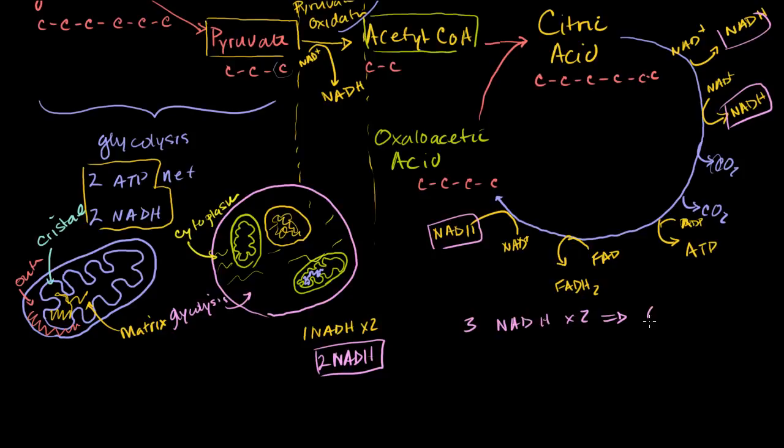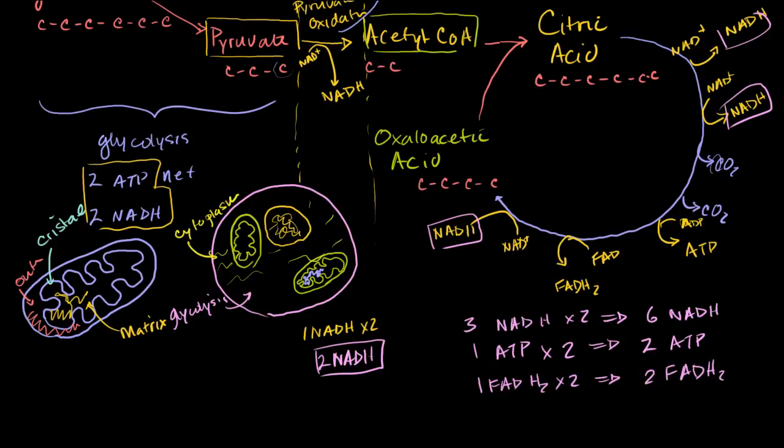So that gives us 6 NADHs. We have 1 ATP per turn of the cycle. This is going to happen twice, once for each pyruvic acid. So we get 2 ATPs. And then we have 1 FADH2. But we're going to do this cycle twice. This is per cycle, so times 2. We have 2